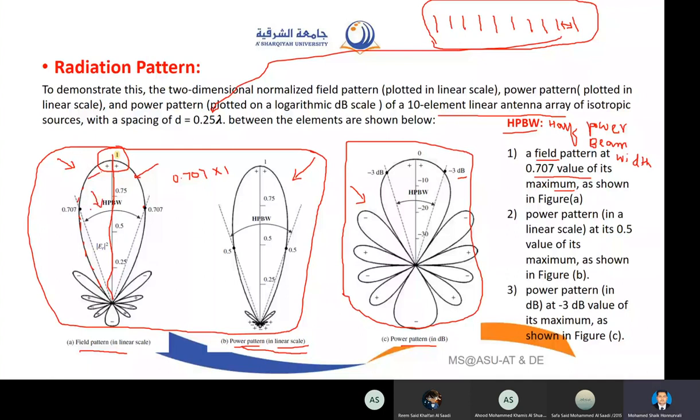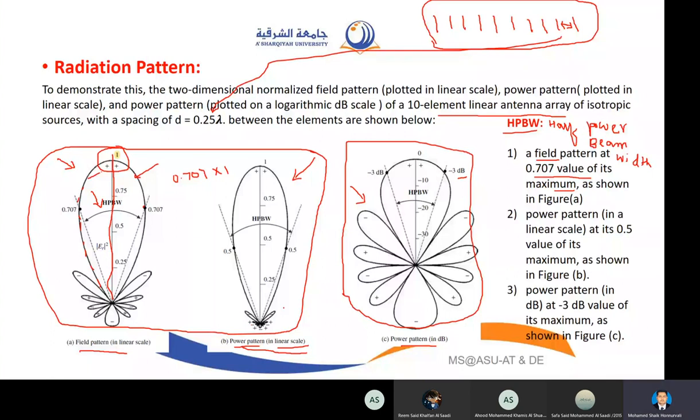You might be thinking why it is necessary or why it is important. We will discuss that later. It is important because it will help us to measure the side lobe level. So if the side lobe level is less, that means that is a good antenna. That means you have good radiation characteristics. If this half power beam width is very large, that means side lobe level is also large. As a result, we have to reduce them.